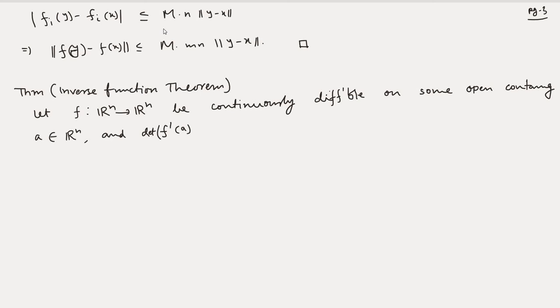Determinant of this is not equal to 0. That is, the derivative of f at the point A is invertible. Okay, so this is the first assumption on f, continuously differentiable, and this is the second assumption. The derivative of f at A is invertible. Then